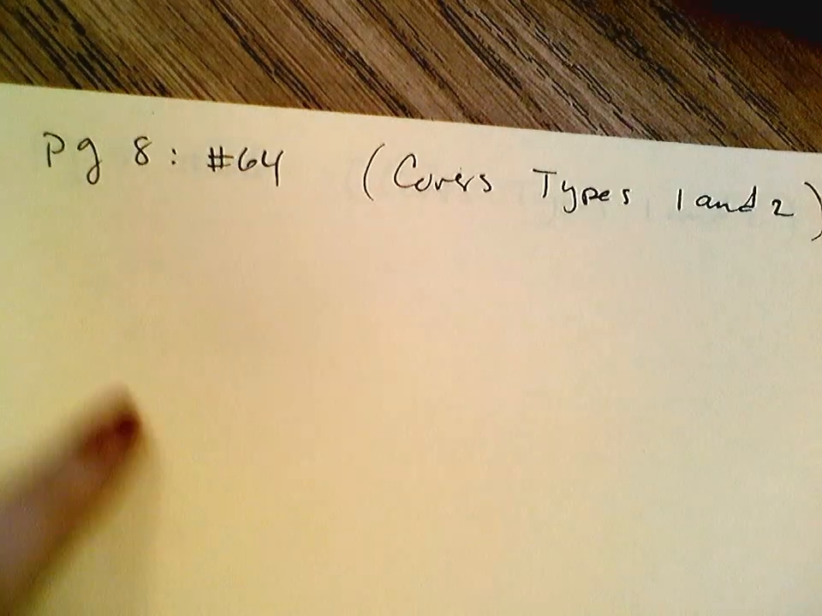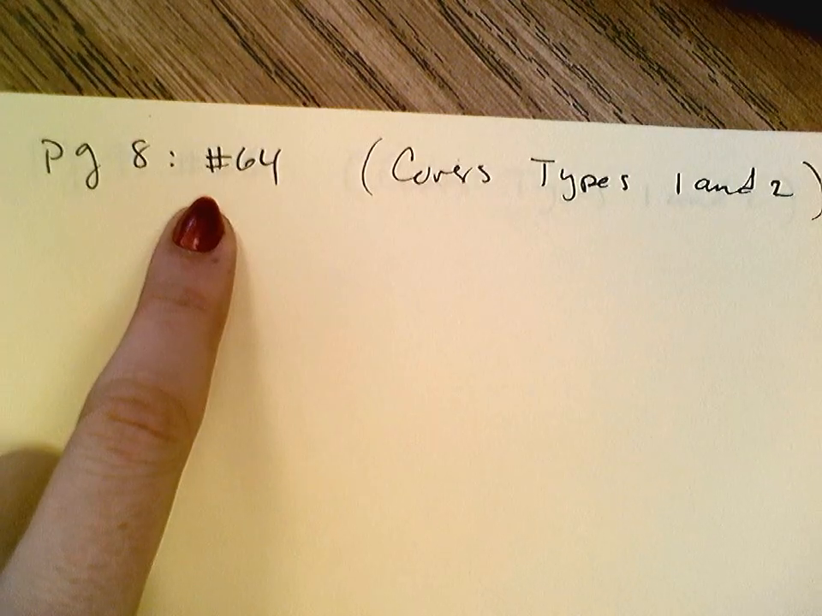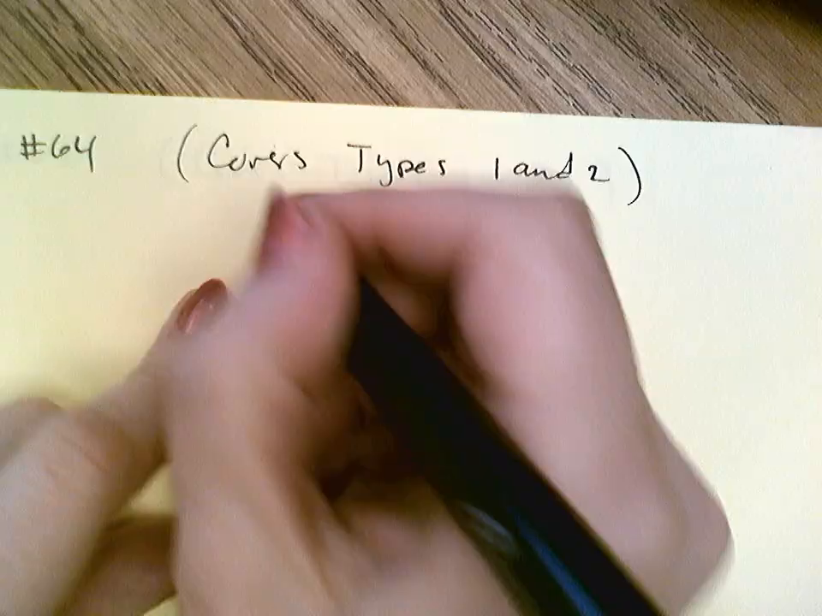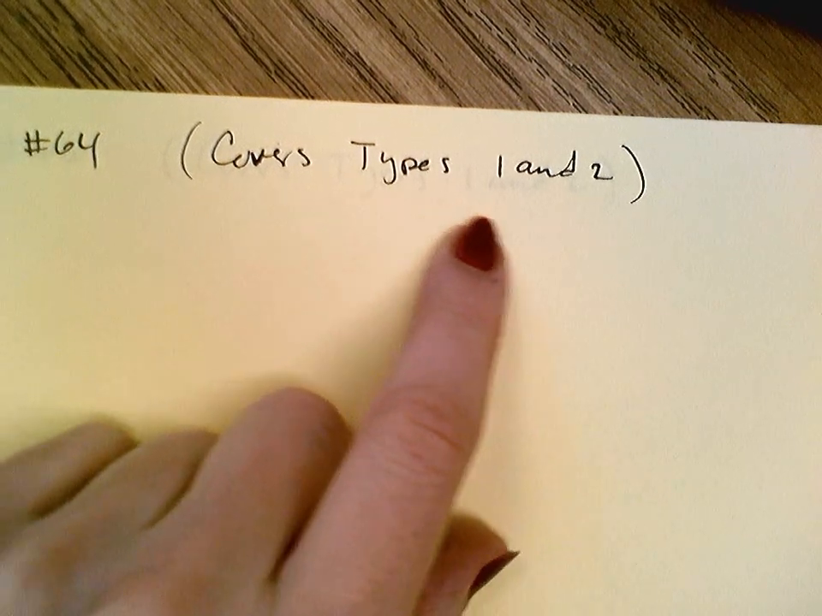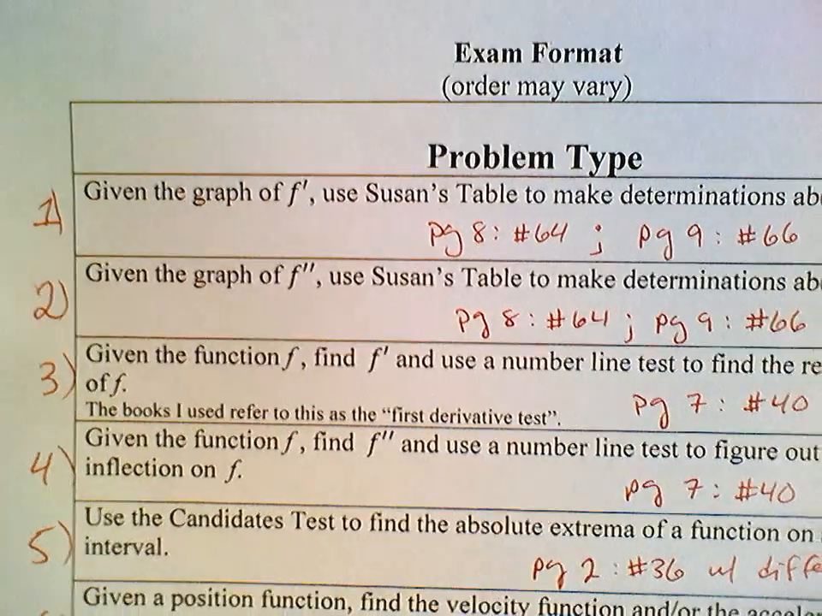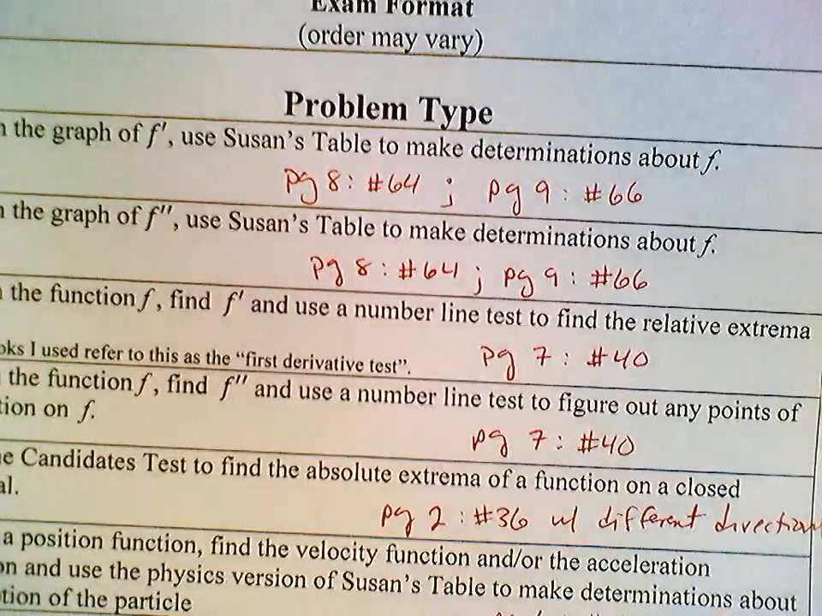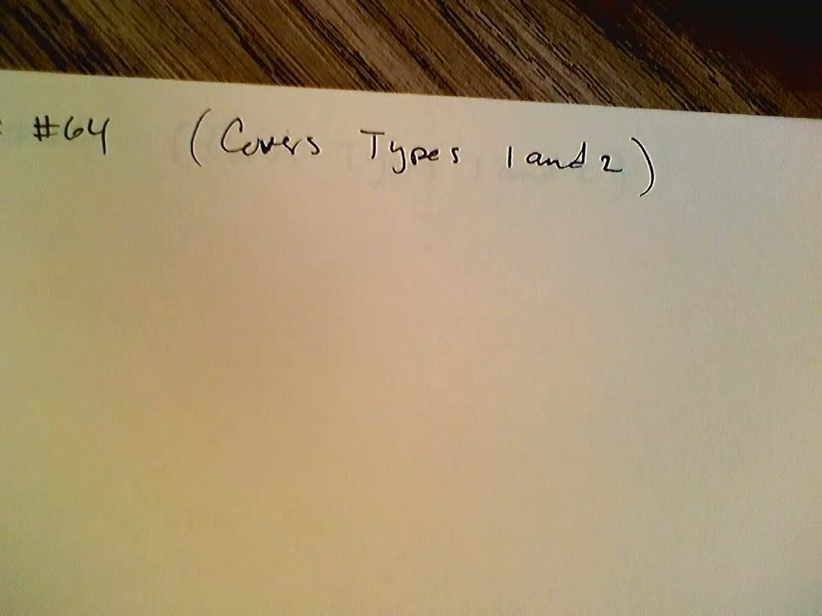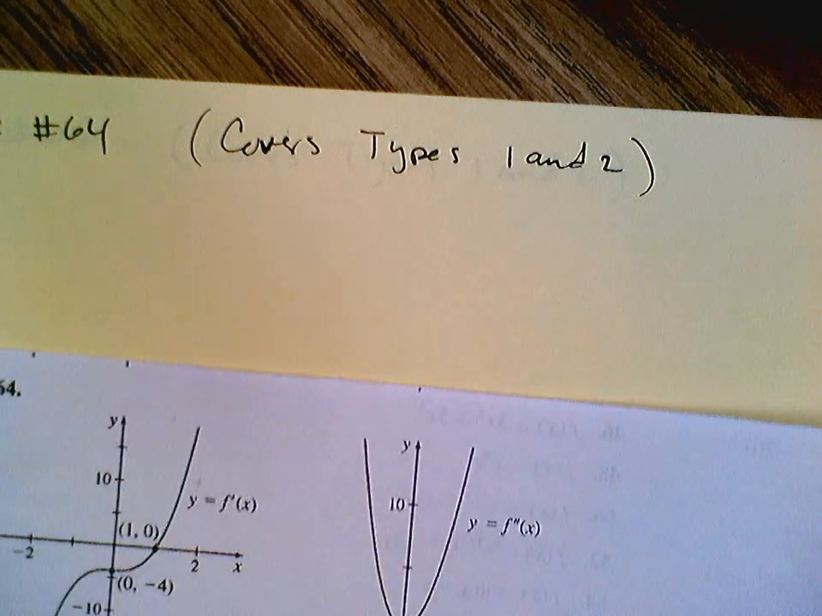Okay, so the first thing I'm going to do is page 8, number 64, and this is going to cover, it's hard to see what that even is, but doing this problem will cover types 1 and 2. Okay, so types 1 and 2. You're given a graph of f prime or you're given a graph of f double prime, use Susan's table to make determinations about f. Alrighty, so this is number 64,